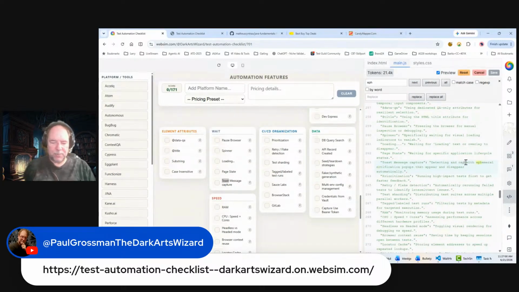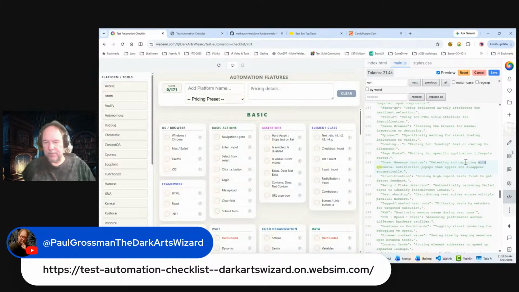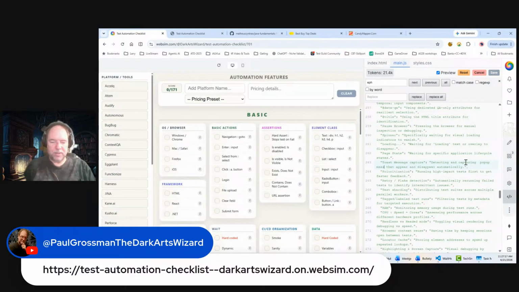Detecting and capturing ephemeral notifications. Pop-up messages that appear and disappear, that appear for a short amount of time, for a limited amount of time. So the reason I bring this up over here is that one of the things you might be doing is you're waiting for the page to be stable,